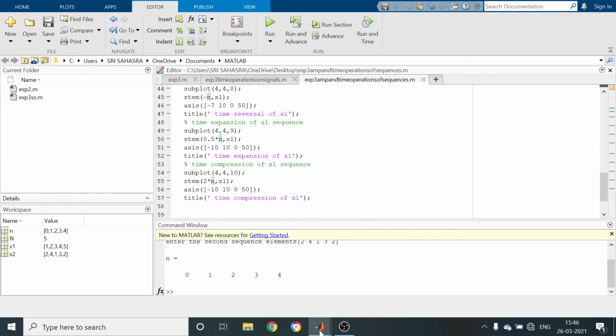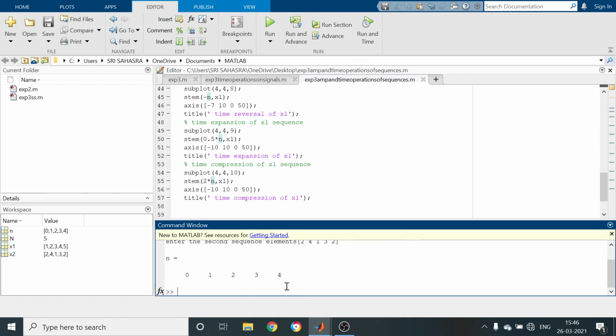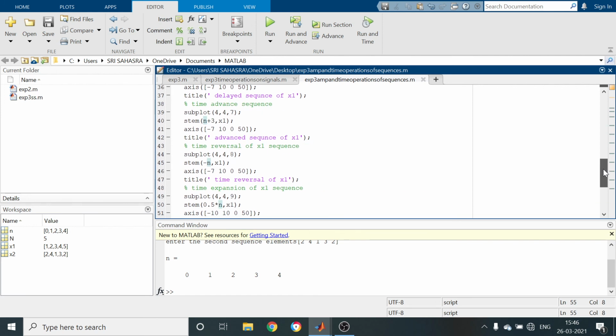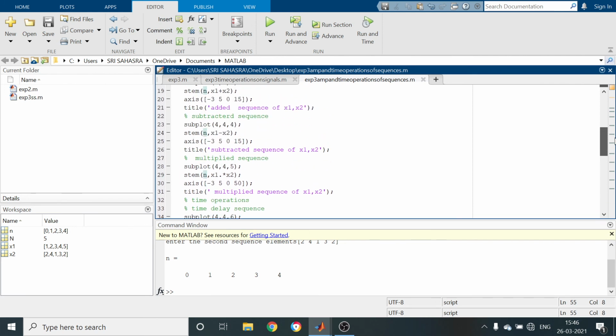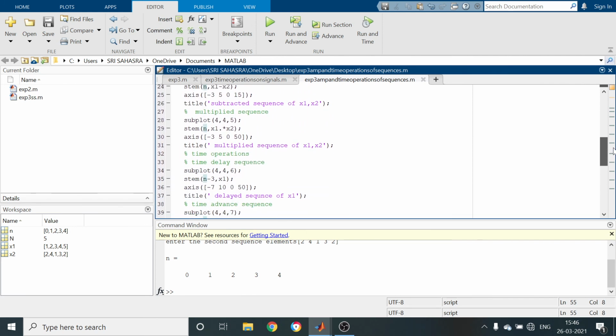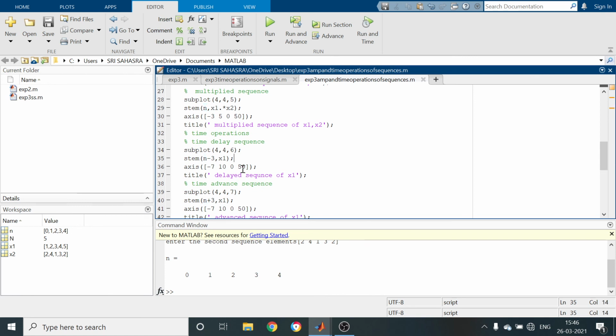So for this one, in order to get, first we have to change the time axis. Zero to 50 given. Try to change it. So these are time delay 15.